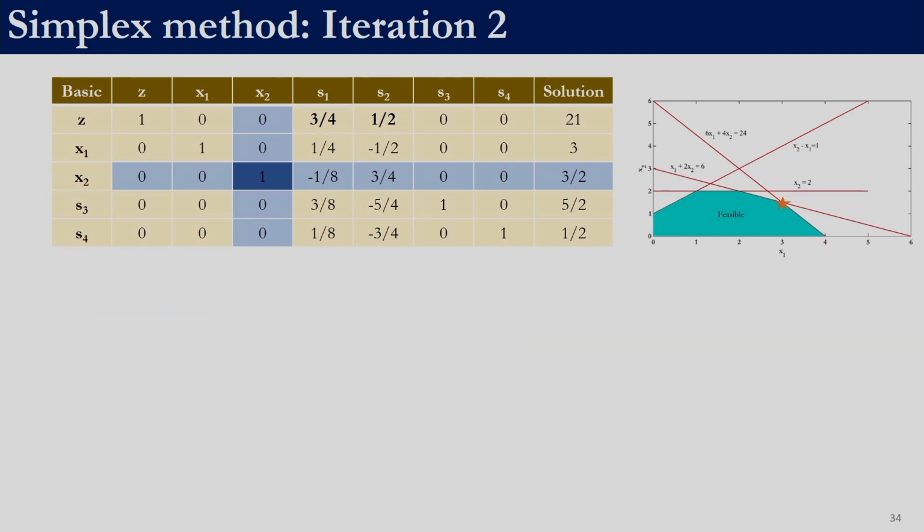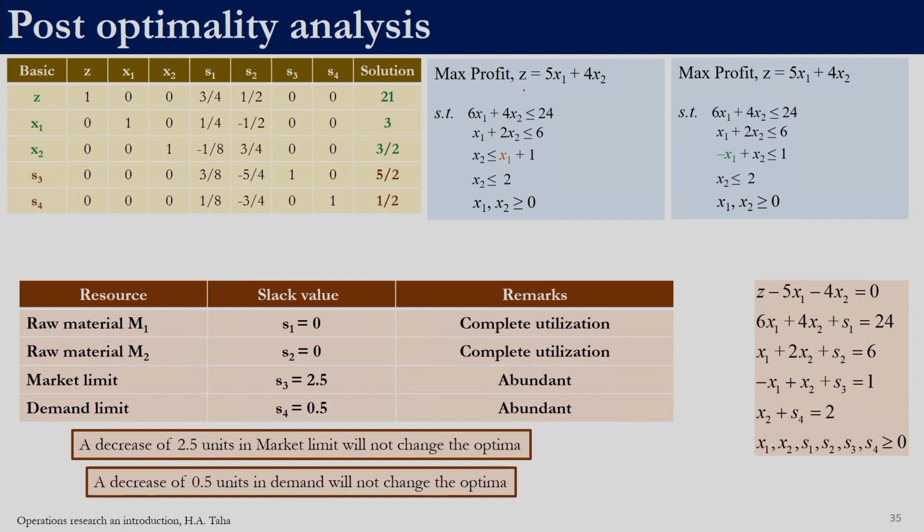Now that we have solved it, the simplex table not only gives us the values of the decision variables, but also gives certain additional information. This is the optimization problem we started with: maximize 5x1 plus 4x2, and the constraints were 6x1 plus 4x2 less than or equal to 24, and x1 plus 2x2 less than or equal to 6. If you remember the context of this problem, these two indicated the amounts of raw material 1 and 2 which were available, and then we had this requirement about the quantity of interior paint and exterior paint that is produced,